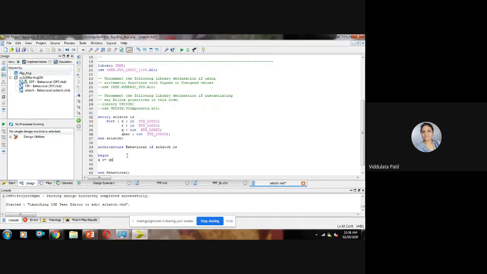So let us have these expressions that we are going to assign. Q bar NAND R, S. Just check whatever I am typing, is it correct or not?